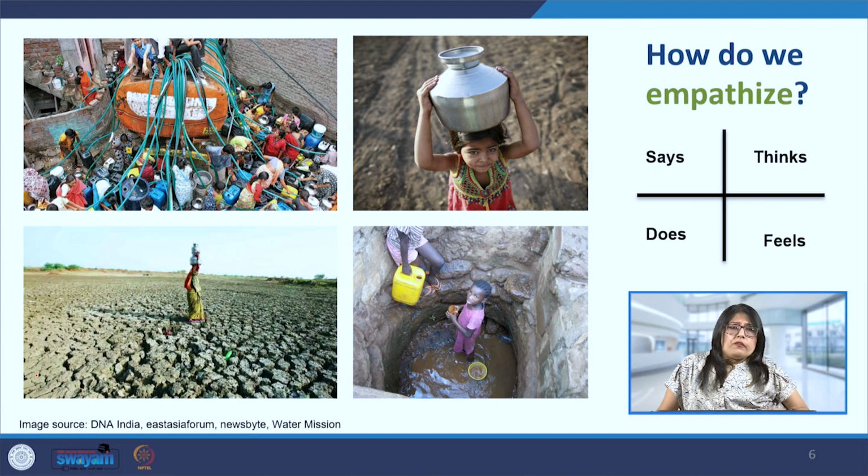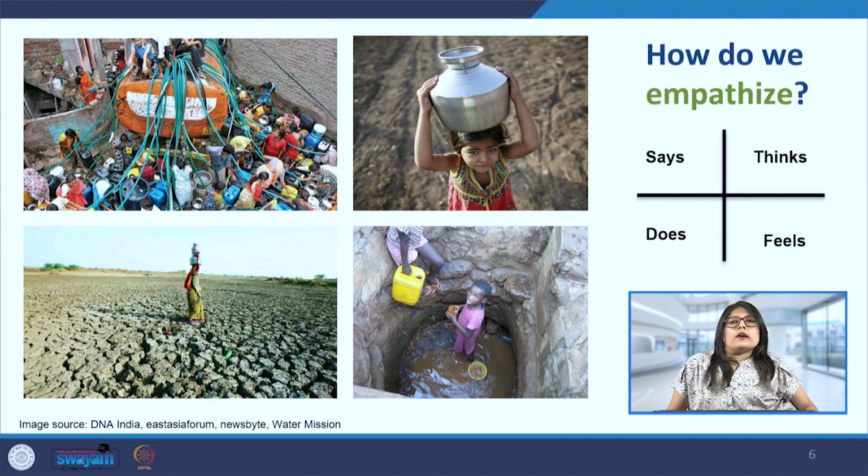And so when we are putting our observations and insights together, in the says section of the empathy map, we can add that we need clean water for drinking and cooking. So that is what the user is saying. The other thing they are saying is that our children fall sick often because of dirty water. So these are the verbalized information that they are providing to us.